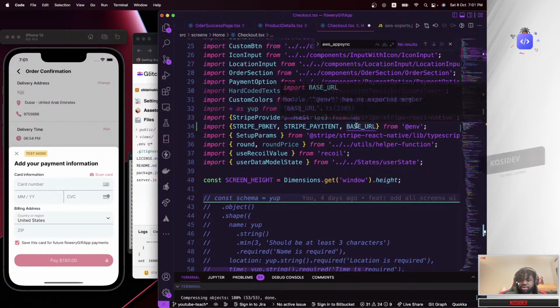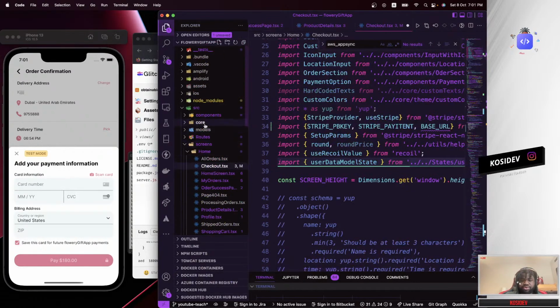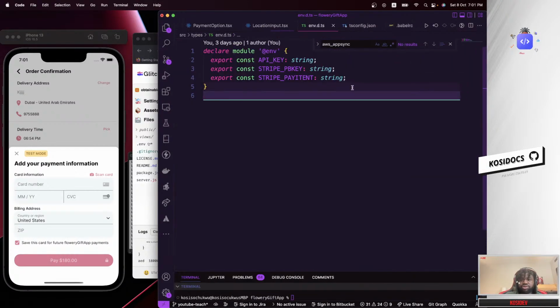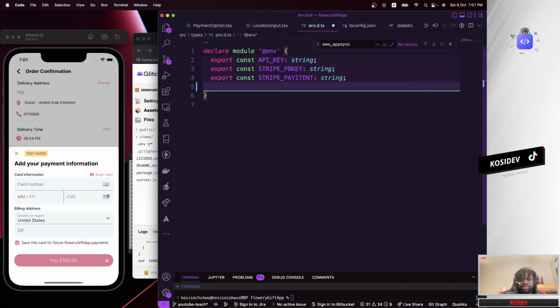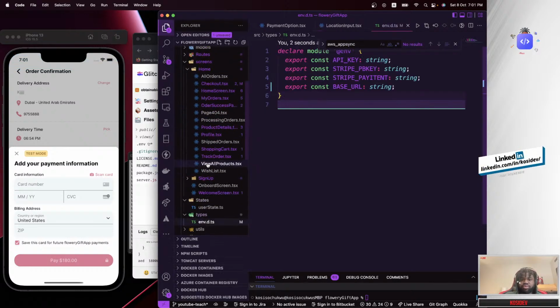Okay, it says the module has no exported member base URL. So I will go over to the type definition of this module. Below here, I'm going to say export base URL, and now I'm pretty sure that will actually work.